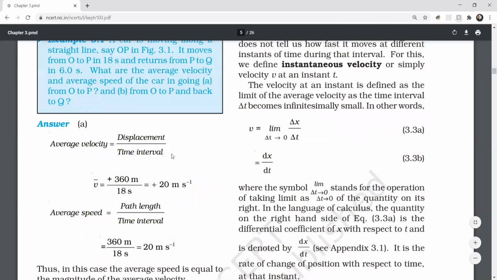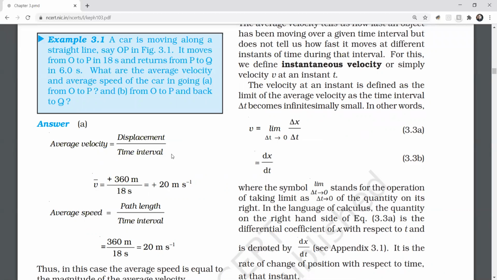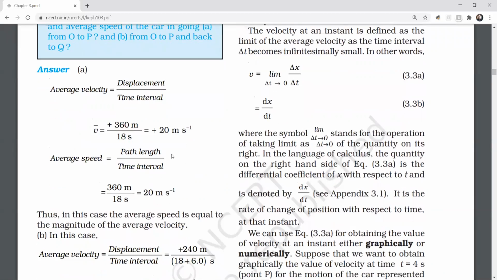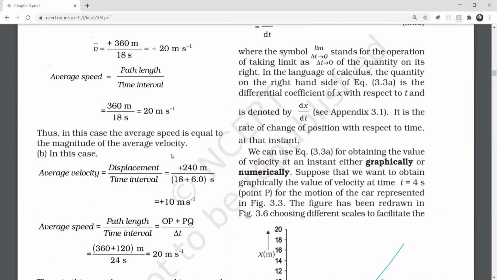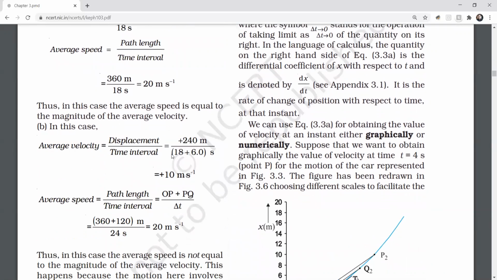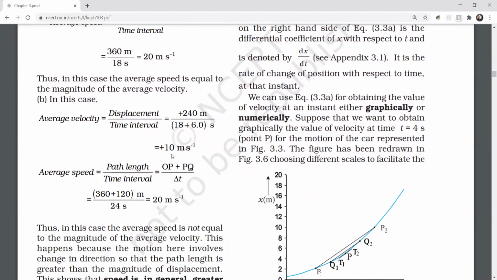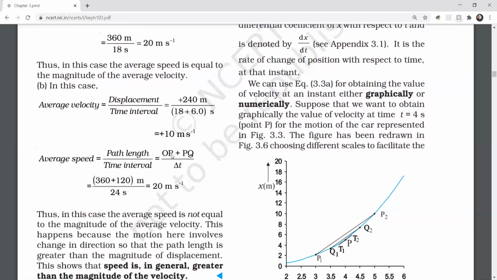Here again, they are calculating average speed, which is path length upon time interval. And they are also calculating average velocity, which is displacement upon time interval. In this case, both of them are the same. But in another case, where displacement is more and path length is even much more, you see that there is a difference between average velocity and average speed. Now, why is that? Obviously, because as I told you earlier, path length may or may not be the same as displacement. Displacement is the distance that has been created by an object away from the origin point. Okay, any questions so far?